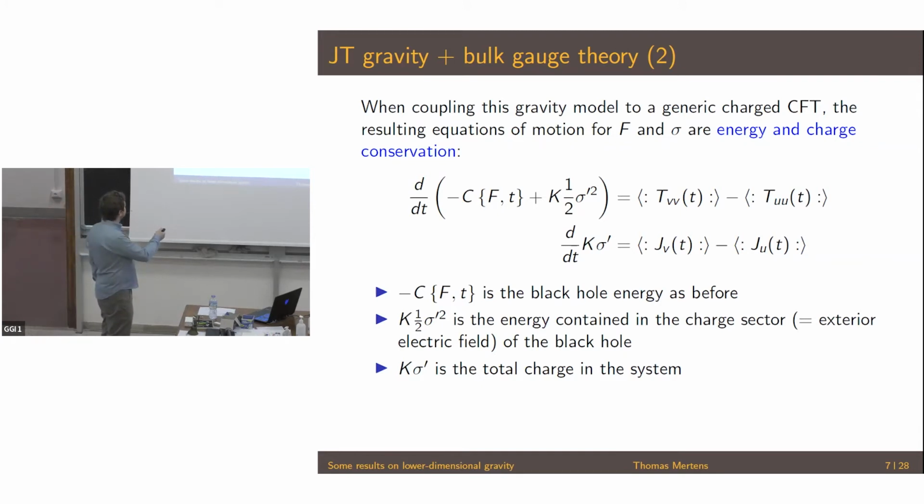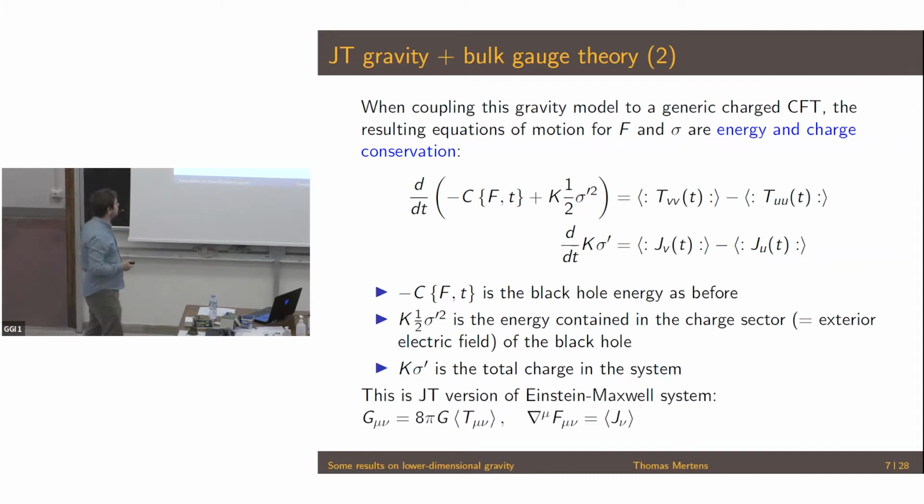And then K sigma prime is the total charge in the system. Well, the first one is energy conservation as a response to net energy injections from the matter sector at the boundary. And on the right-hand side of the second equation is the net charge injection from the holographic boundary. So again, this is the JT version of the coupled Einstein-Maxwell system, where we treat the metric degrees of freedom and the gauge field classically, but they're sourced by quantum matter, in this case,